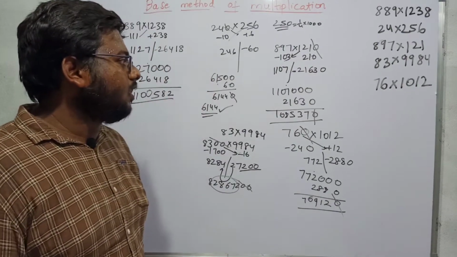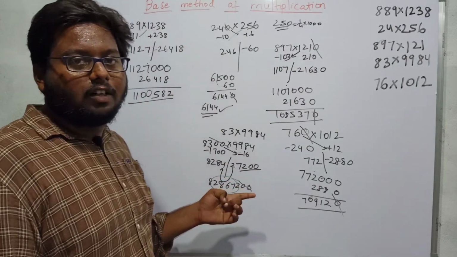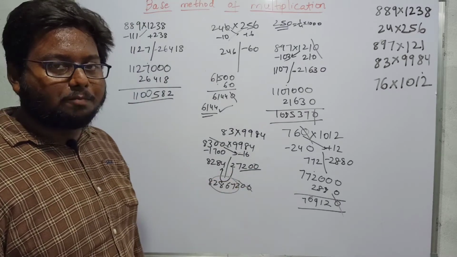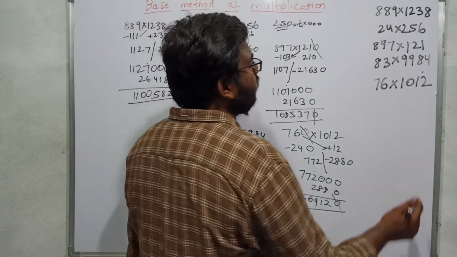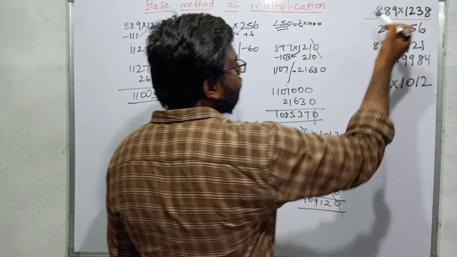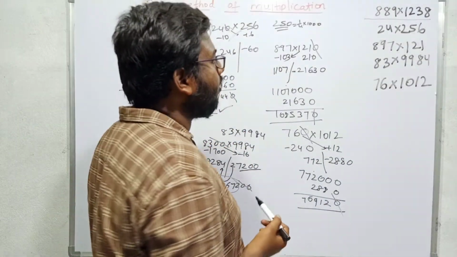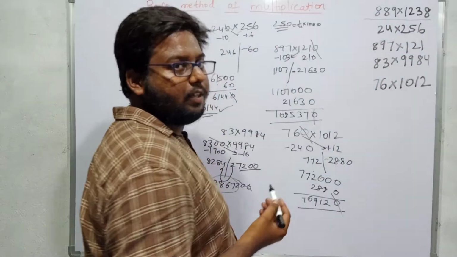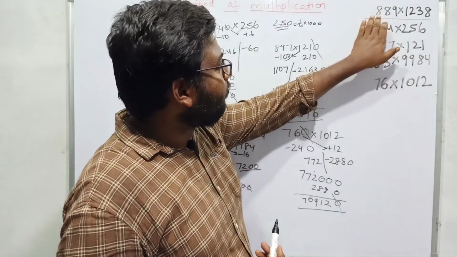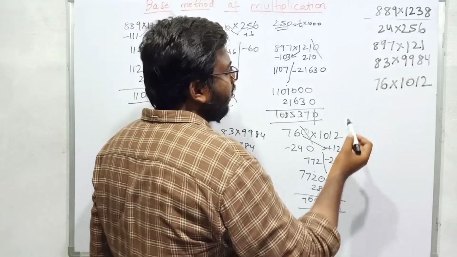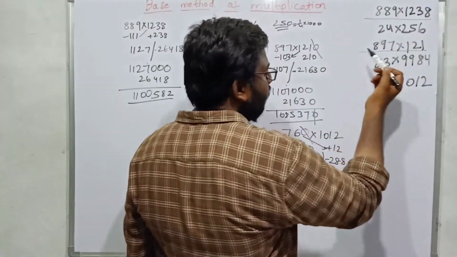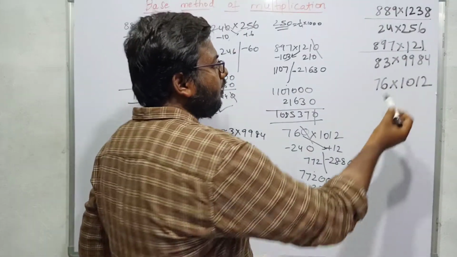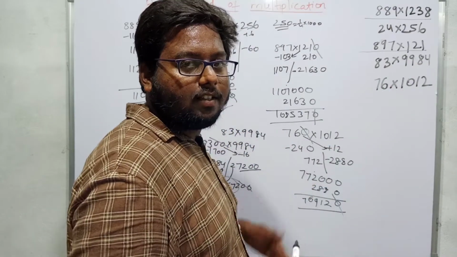So if you observe this clearly, for understanding purposes only we did it like this, and you can calculate this by other methods. For example, I can multiply this with general multiplication, because I need to multiply 1238 only with 9 and 8. That will be easy because I will use that 8 step for this 8. And if I have to calculate this 897 into 121, I can calculate very easily because here 1 and 1 will be there. I can drop 897 as it is.